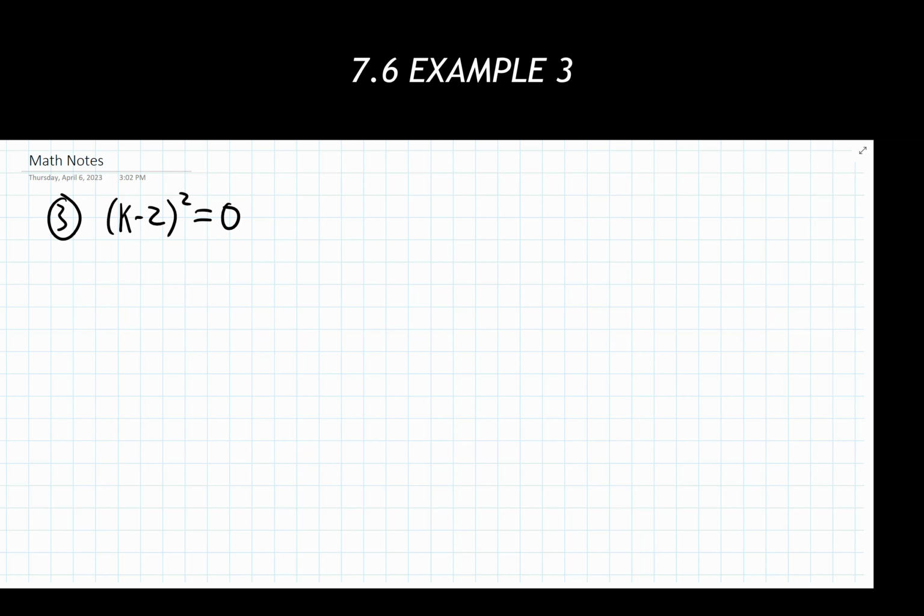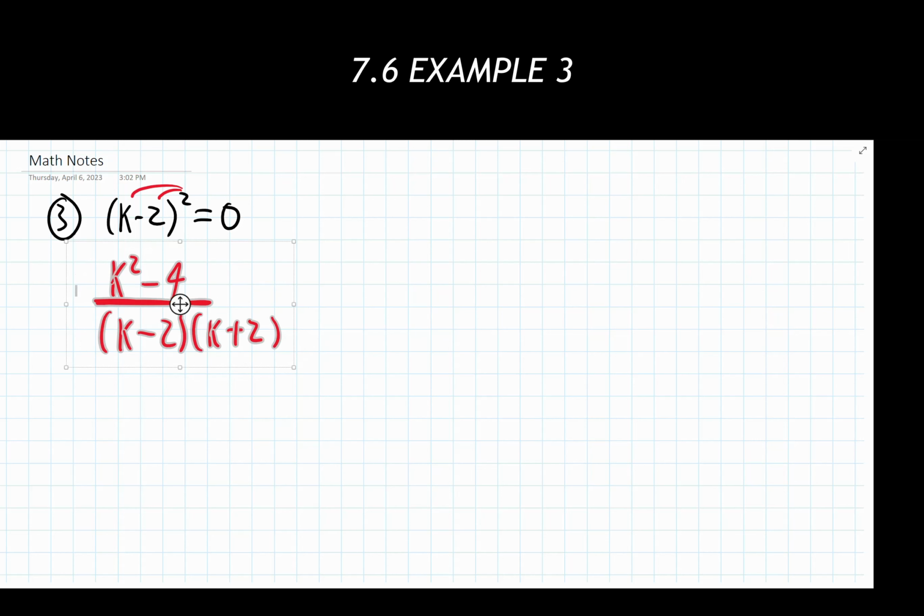You'd be forgiven if you were thinking, well, I'm going to rewrite this as, don't write this down, just using it as an example, k squared minus 4, because this exponent distributes through, and then that separates out into k minus 2, k plus 2, because this is the difference of squares, and I can solve it from there. You'd be forgiven for thinking that, because it is incorrect, but we will not be doing that.